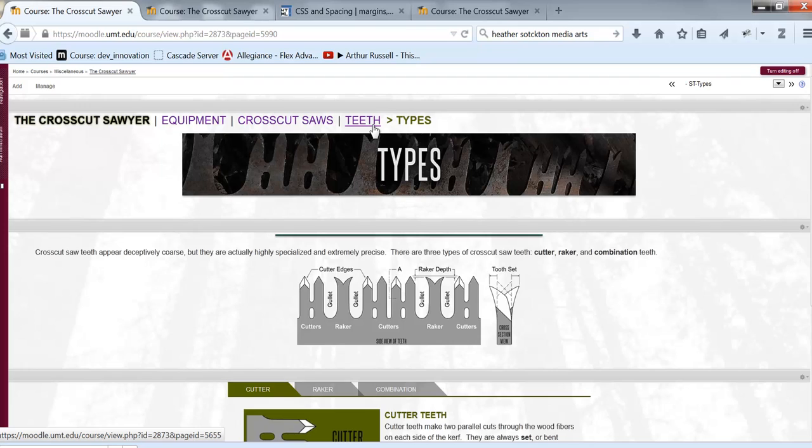And this one links to the teeth page, this one links to the Crosscut Saws page, and the equipment category of the Crosscut Sawyer. So it provides a breadcrumb trail essentially to the different areas. So in order to create those headers, and that's just an example,